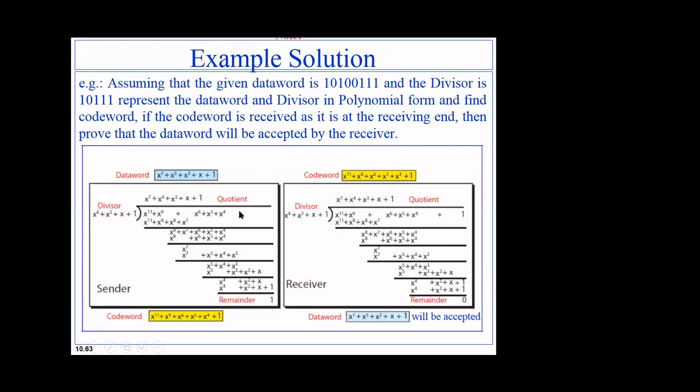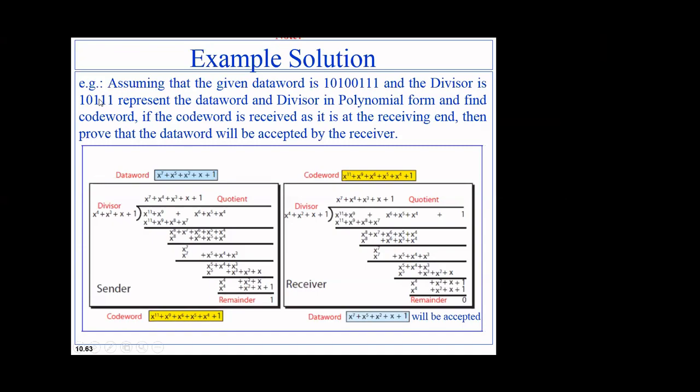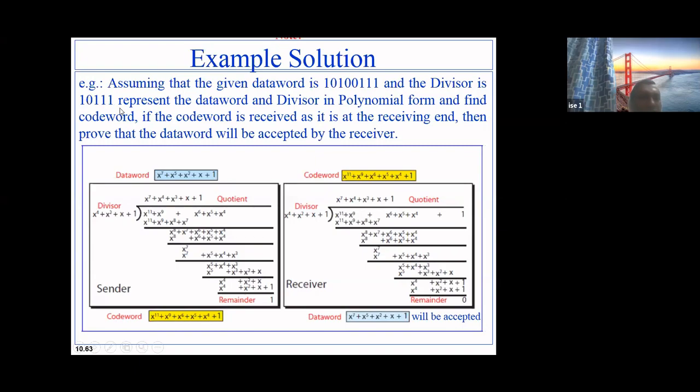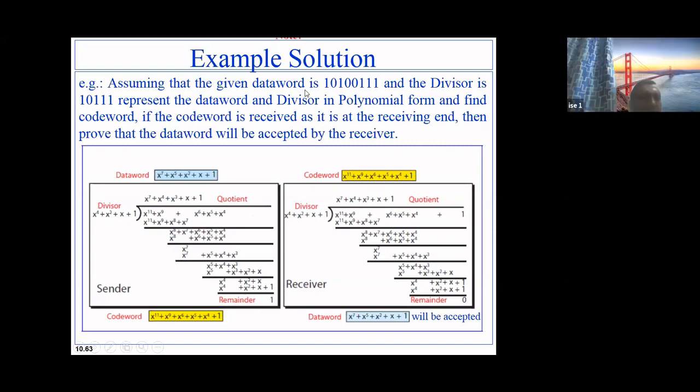You have to shift 4 positions left, right? Because the length over here is how much? 1, 2, 3, 4, 5. So 5 means you have to have 4 positions. So you shift this particular thing by 4 positions, and you will be getting x to the power 11, x to the power 9, x to the power 6, x to the power 5, x to the power 4.